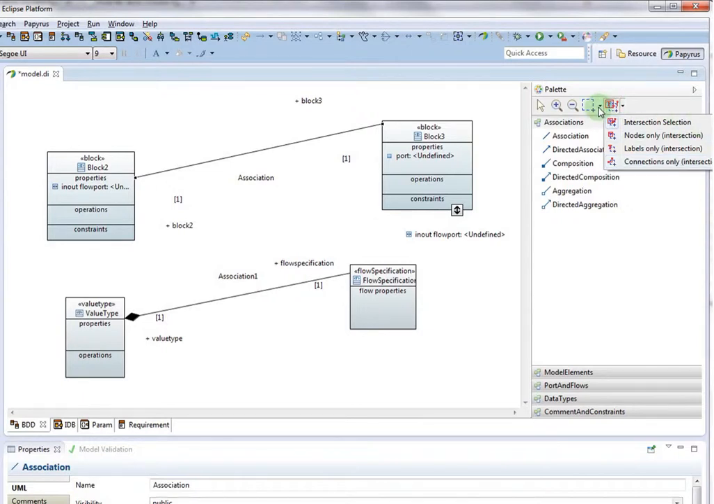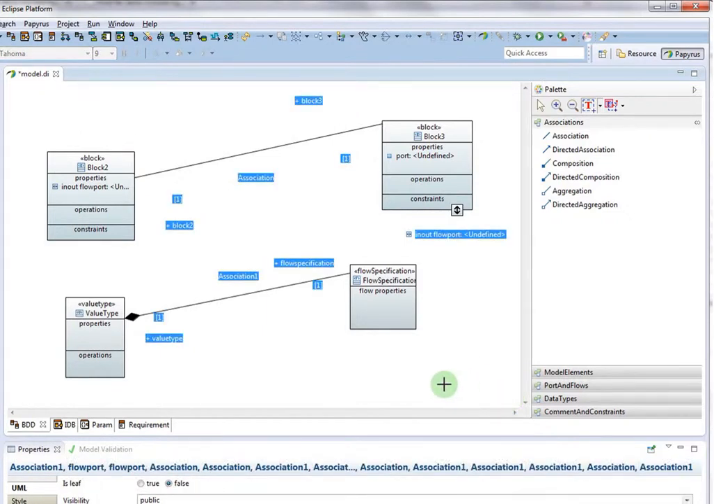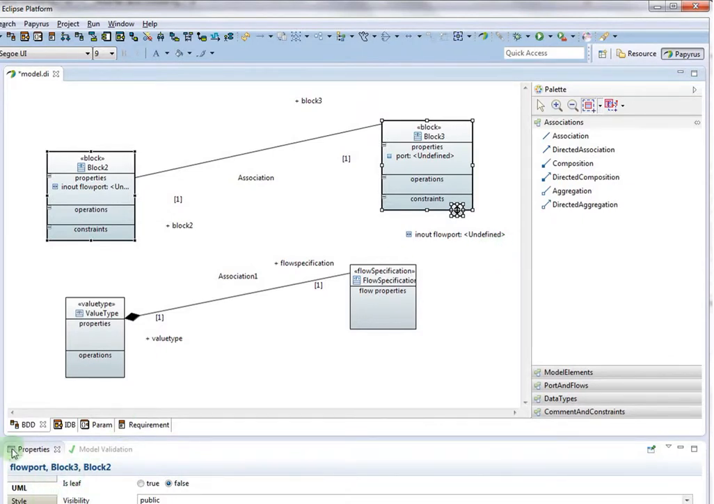So let's see what this means, even if it's quite obvious, I think. Labels only selects all the labels, nothing else. If you select connections only, it selects the connectors. And nodes only selects only the blocks. Same with the